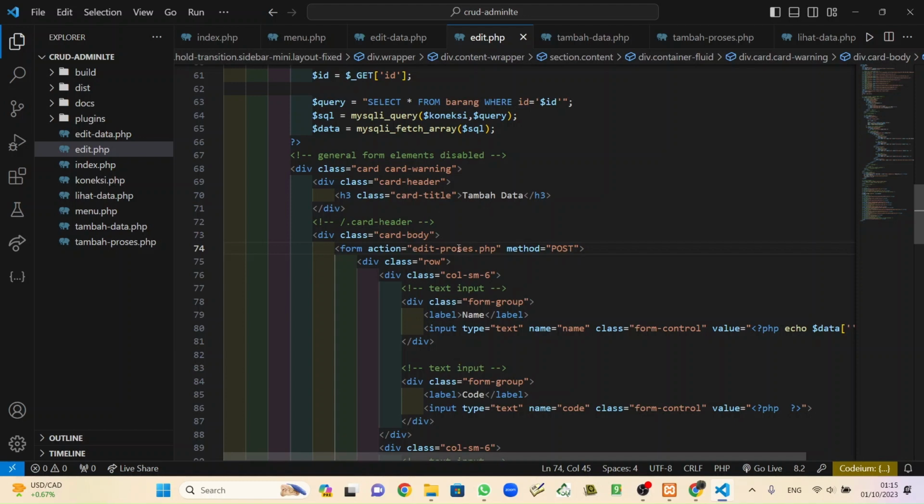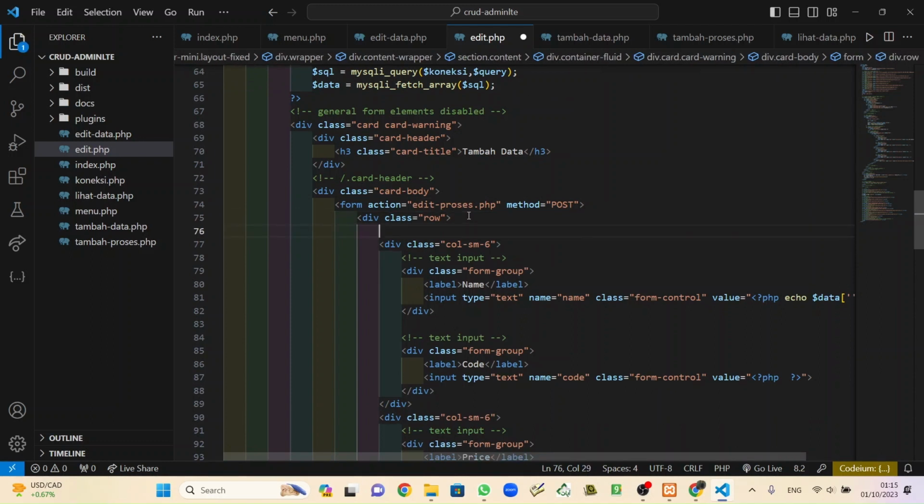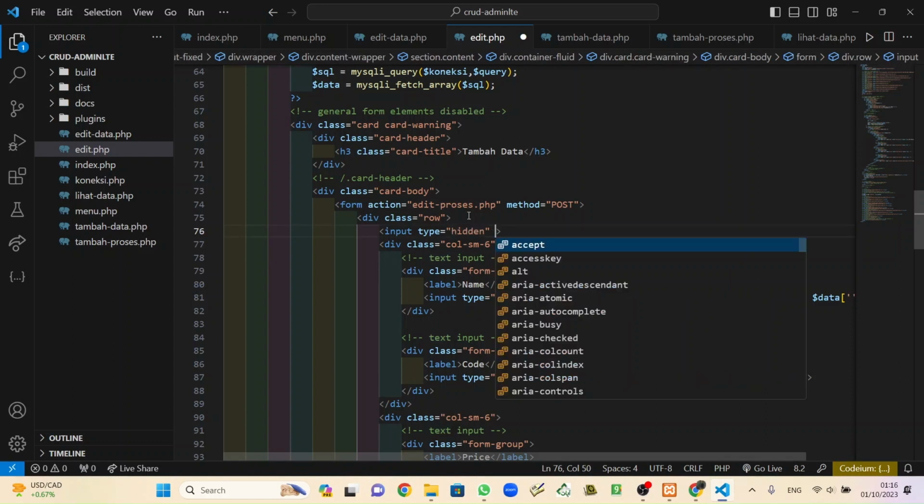Wait. After the row here, add input. Why? This is for ID. And make it hidden because we don't need that to appear on our screen. So type is hidden and then name is ID.